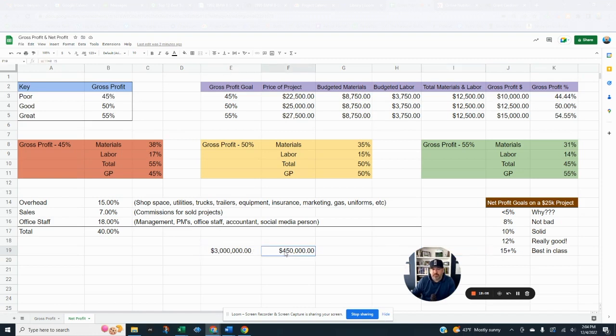But the main point is if you can take care of the gross profit and get that in line where you want to be, 50% is a great spot to be, right? Because most people are going to be around this 35 to 40% number. And so that leaves you with 10 to 15%. That's the whole goal, right? 12% on an annual basis is phenomenal, right? Let's change these numbers and make them a little smaller.